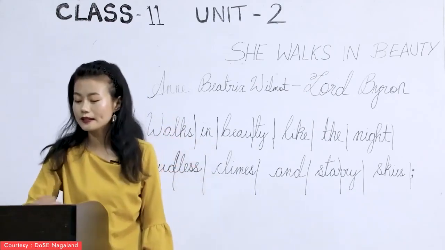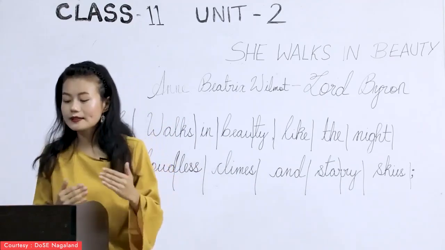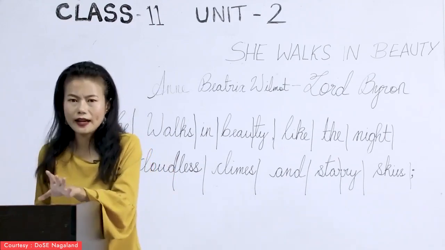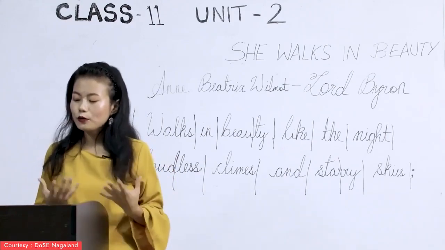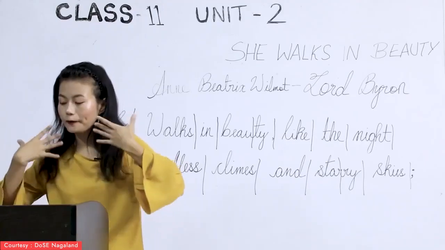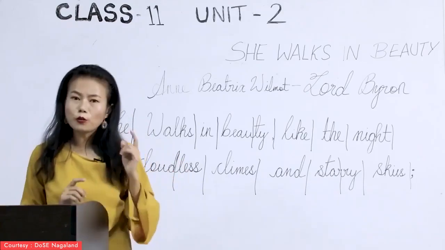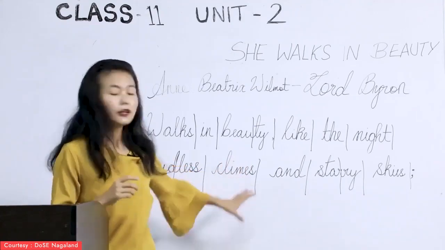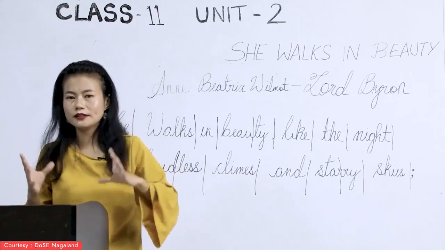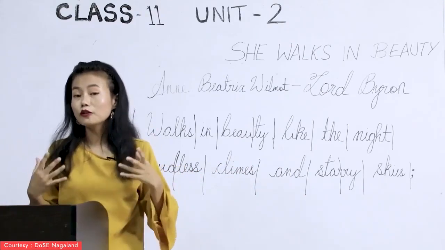climes and starry skies." So right from the start, Byron sets the tone of the poem with a comparison that seems almost divine. An unnamed woman walks in beauty. Walking in beauty makes her beauty more dynamic. Okay, but the woman featured here, her beauty is not just compared to any ordinary night, okay? But like I have mentioned, her beauty is compared to a night full of stars, all